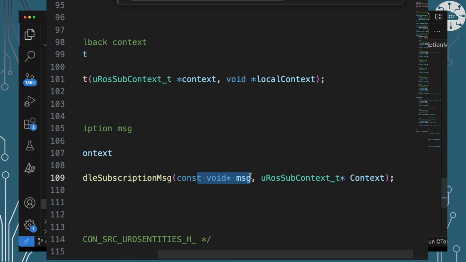That's just a pointer to a chunk of memory, so it could be anything. So how do we tell? Well, that context gives us a clue of what message type we're going to get back. So there's a little bit of